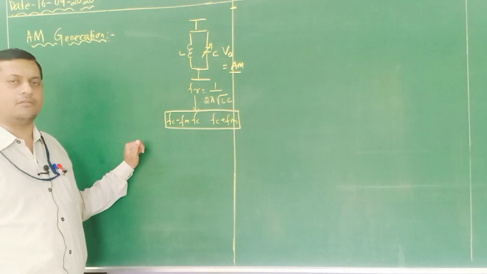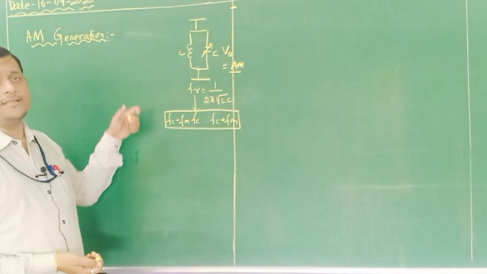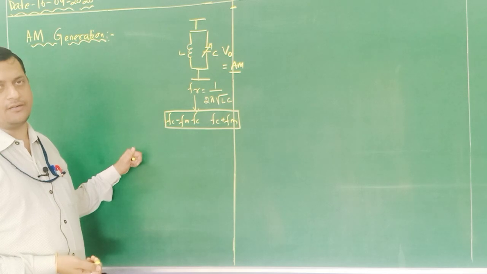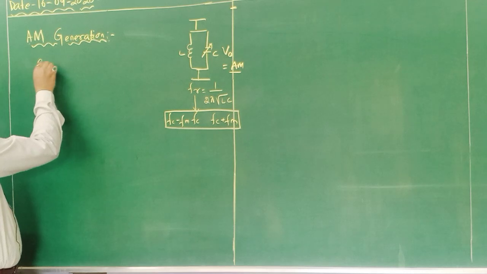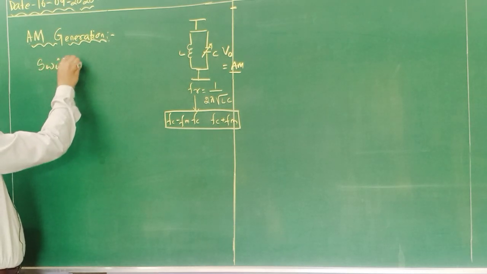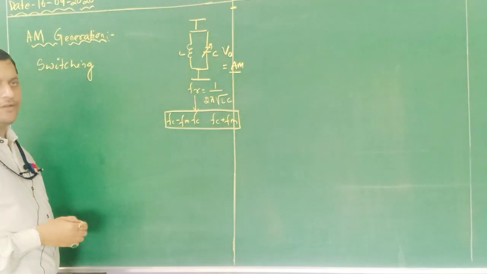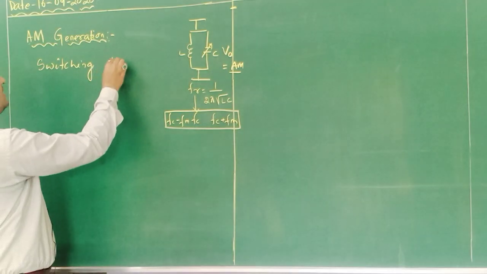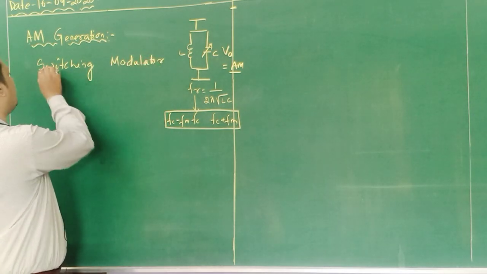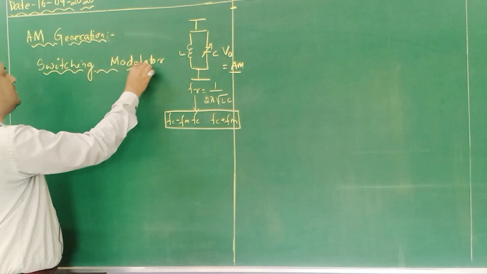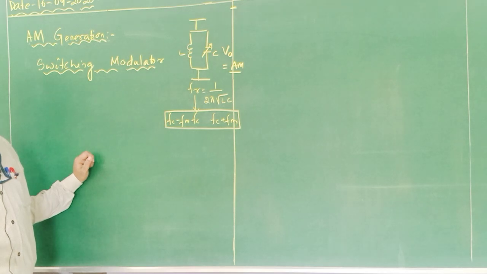Today we will discuss one more modulator technique, or modulator circuit, through which the same AM signal can be generated. Okay, so AM generation. Today we are going to discuss the switching modulator, which is one of the important modulators through which an AM signal can be generated. So it is the switching modulator. As the word switch suggests, it depends upon the on and off time period of a particular switch.